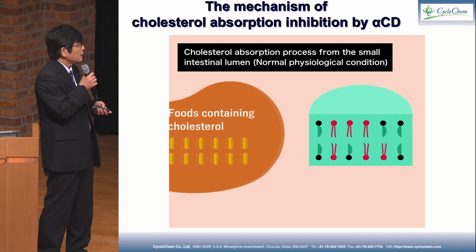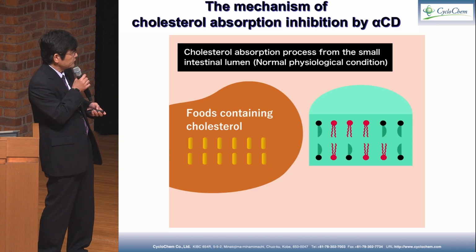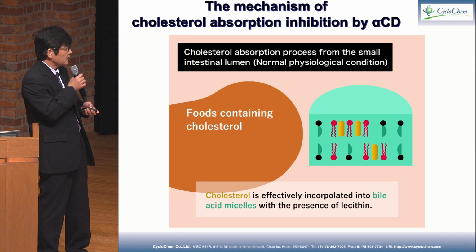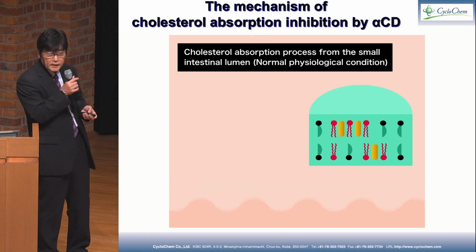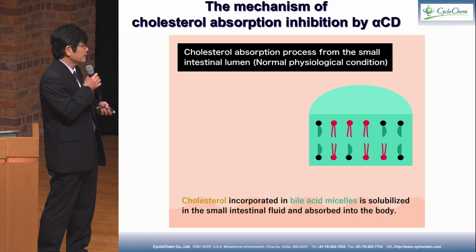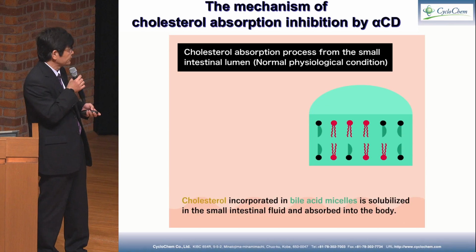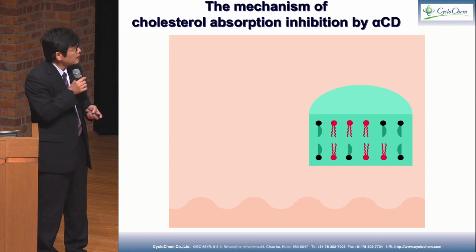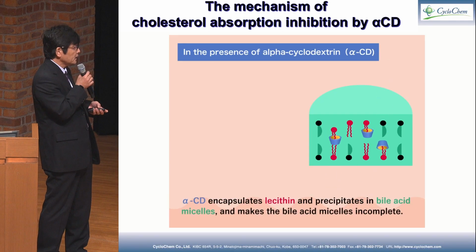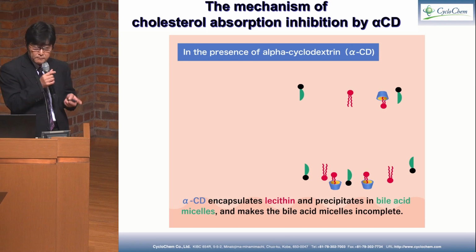When food containing cholesterol comes into the small intestine, cholesterol is effectively incorporated into the bile acid micelle in the presence of lecithin. Then cholesterol is solubilized and absorbed into the body well. But in the presence of alpha-cyclodextrin, it encapsulates lecithin and precipitates in the bile acid micelle and makes the bile acid